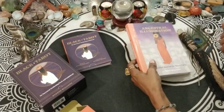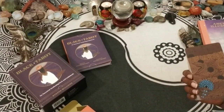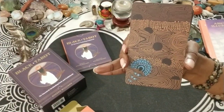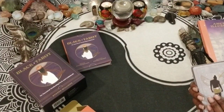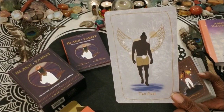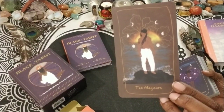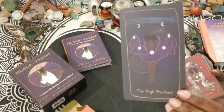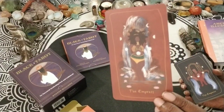We're gonna do it a little different today. Hope you don't mind. So here is the backs. I love that. Love the backs. And we're going to go through all of the cards. So we have the Fool, the Magician, the High Priestess, the Empress,